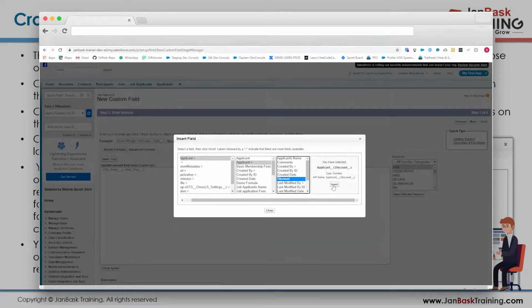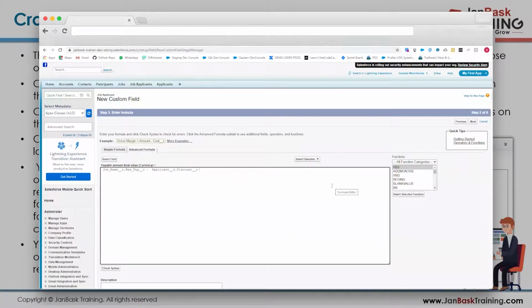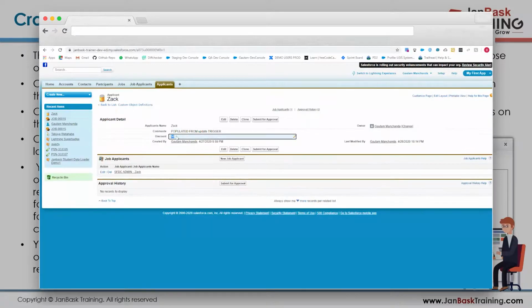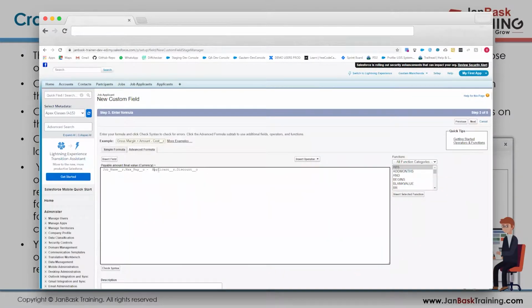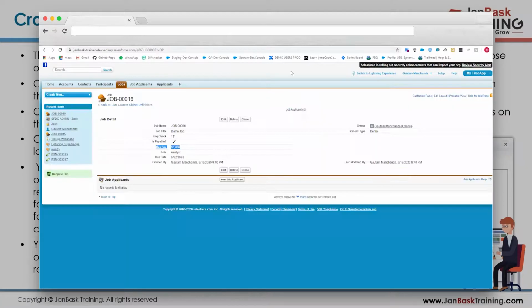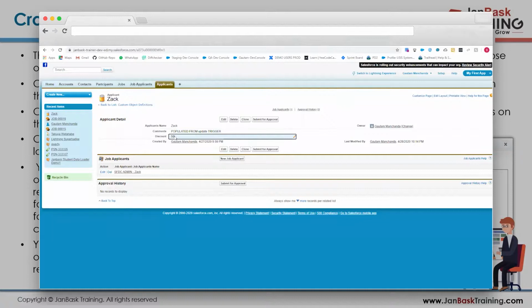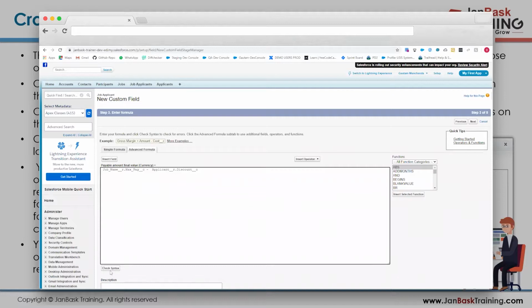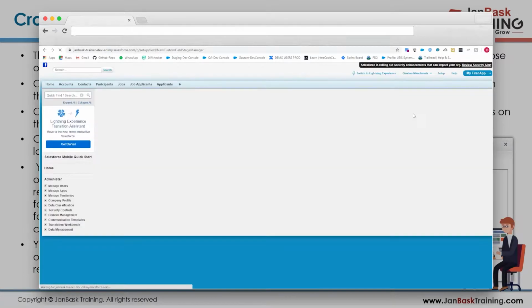I select the discount, and discount is given over here as a percentage. No, it's given as an amount, 50. That's fine. But if it is given as a percentage, how do you do it? If it is a percentage and you have to subtract it, then you'll have to find the actual monetary value of that percentage of discount, and then you deduct it. But currently, since we are having it as amount only, 50 is given over here. Obviously, it's not a percentage. So I'll be using the amount directly. So I just click on check syntax just to validate if everything looks fine. Yes, everything looks fine. I click on next, and save.